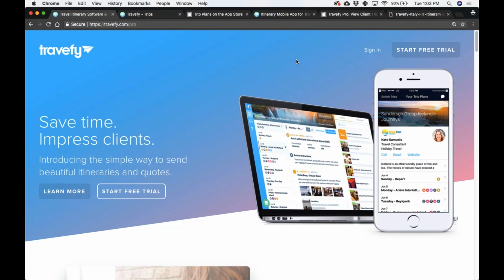Now today what I'm going to do is walk you through a demo of Travefy, and it'll probably just take about 20 minutes. So I'll show you how it works, how you build and create these itineraries, but then also what it's going to look like on the client's end. So you'll be able to see it from both sides. And then of course, at the end, if you have any questions,